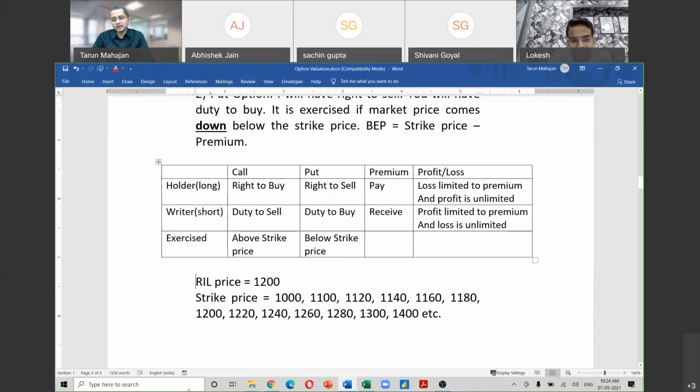सो नाउ द ब्यूटीफुल थिंग इज कि ये एक सिंगल आरआईएल का जो शेयर है ना, वो 3 कॉल 3 पुट, और फिर हर एक कॉल पुट में 10-10 तरह की स्ट्राइक प्राइस मान लो, तो मतलब 6 into 10, 600 तरह के कॉन्ट्रैक्ट सिर्फ एक शेयर में आप कर सकते हैं। आरआईएल का कैश मार्केट डील करने जाओ तो एक ही तरह का कॉन्ट्रैक्ट होता है, बट आरआईएल का ऑप्शन मार्केट में डील करने जाओ तो 600 तरह के कॉन्ट्रैक्ट बन सकते हैं। देखो मैं आपको दिखाता हूं, अगर आप एक रियल लाइफ सिचुएशन